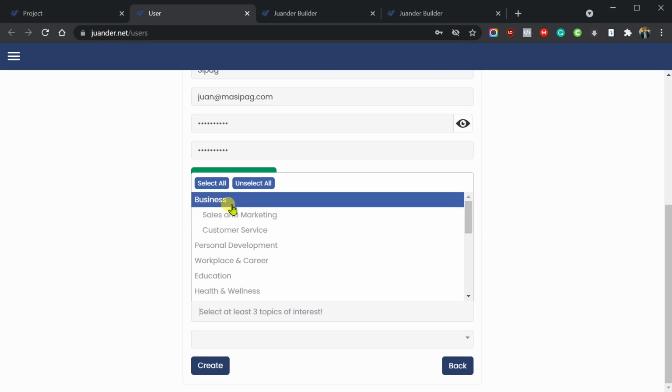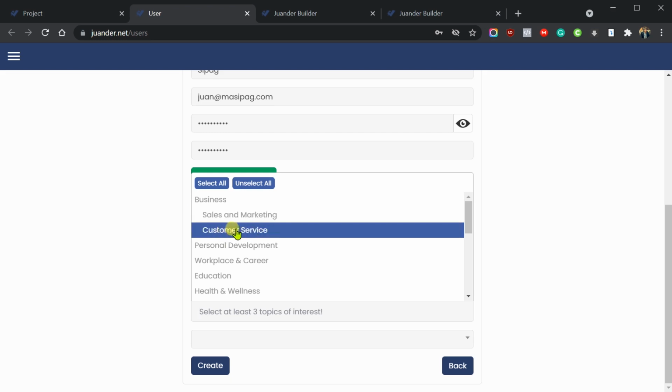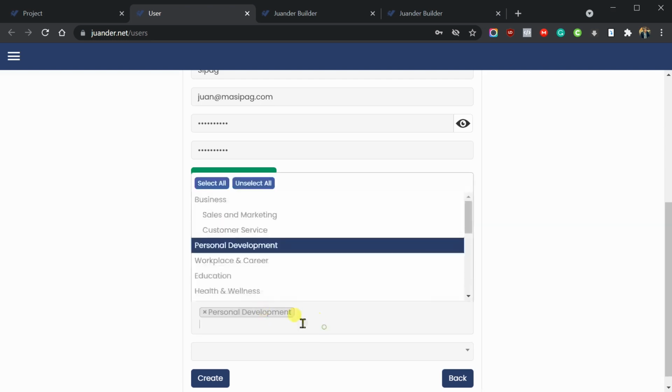We have a main category, for example, business, and under it we have 2 subcategories like sales and marketing, customer service. You can add more topics of interest and course categories in the category section, which we will discuss later on. For now, let's just select a few